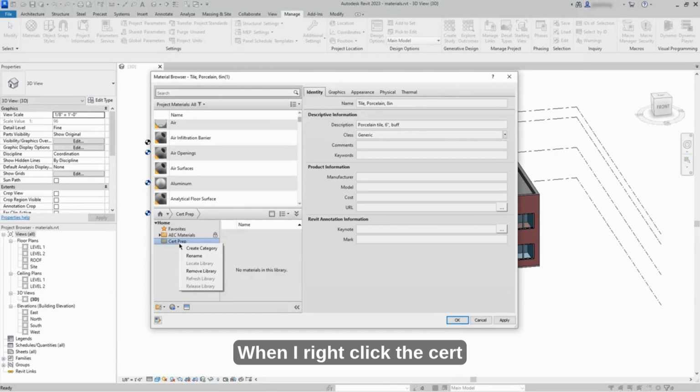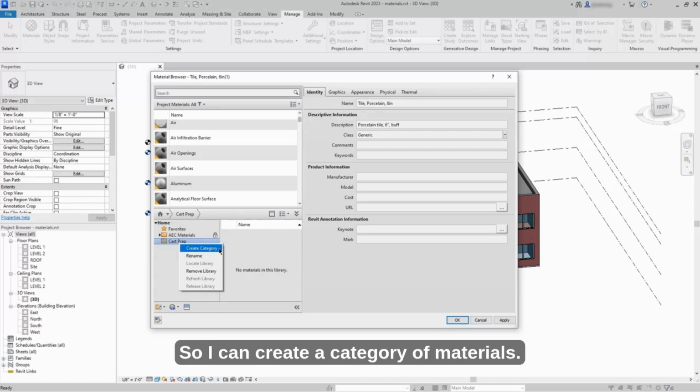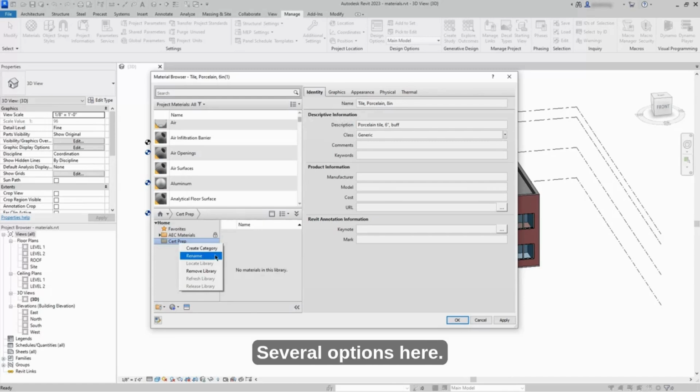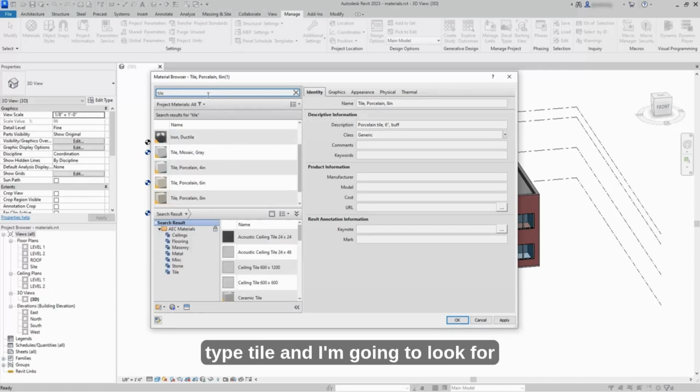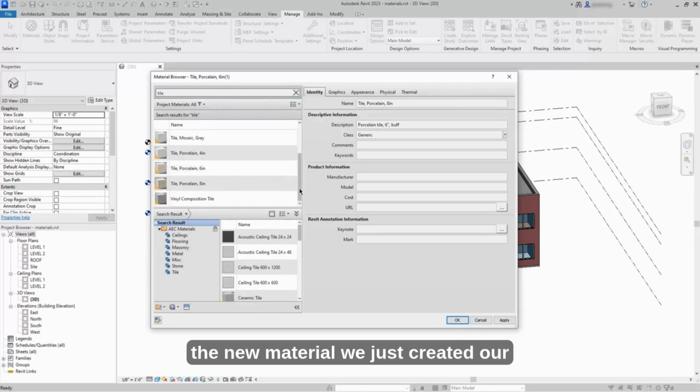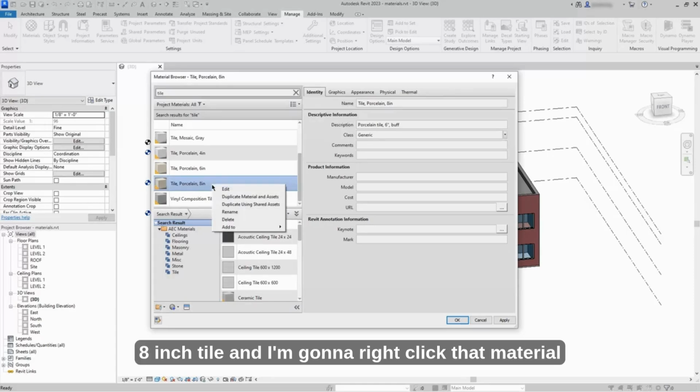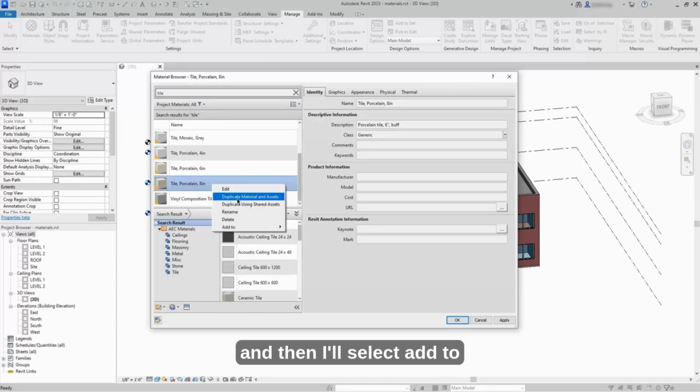When I right-click the Cert Prep material library, I can create a category. So I could create a category of materials. I could rename it, several options here. I'm going to go back to the search field and type tile, and I'm going to look for the new material we just created, our 8-inch tile, and I'm going to right-click that material, and then I'll select Add To,